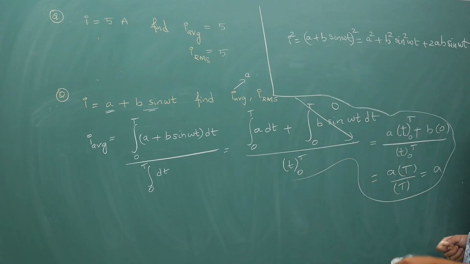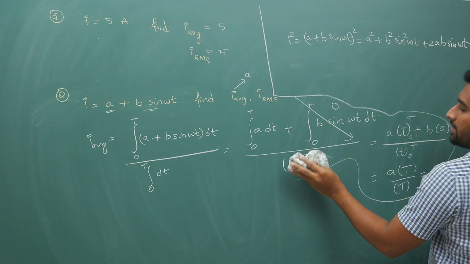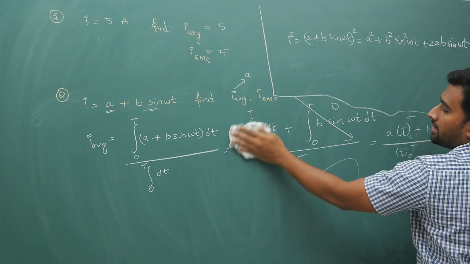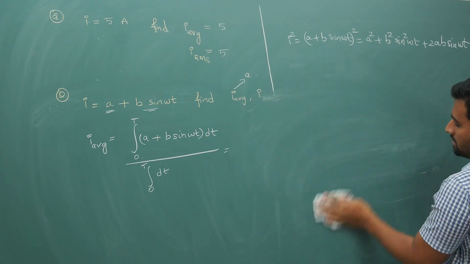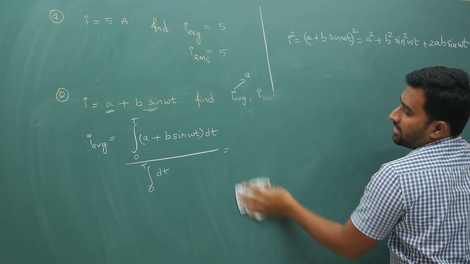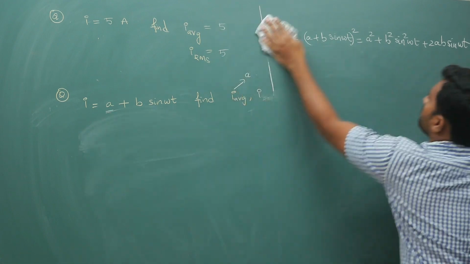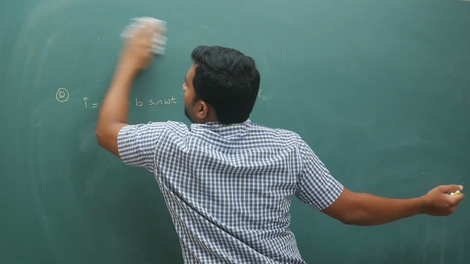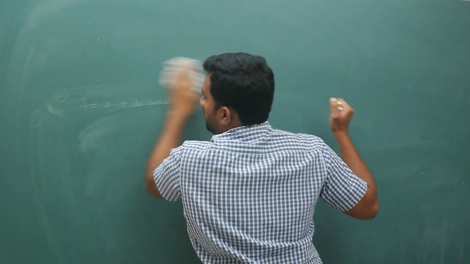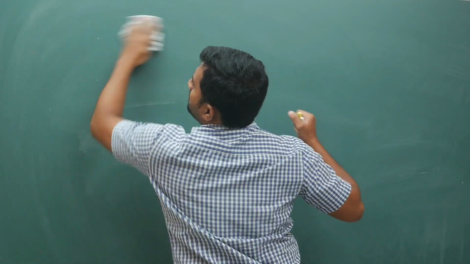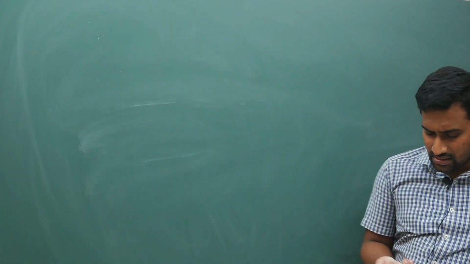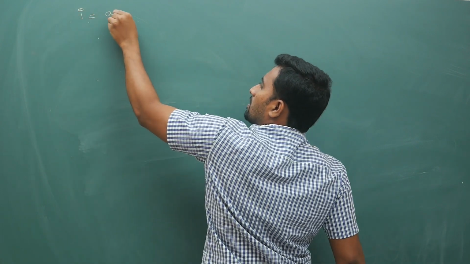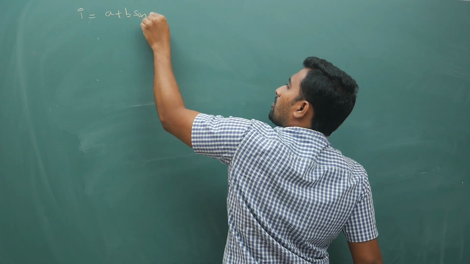It's better I erase this, hope you have understood this. Your answer for the first part is A, I have marked it, I am erasing this for space. Next I am trying to calculate your I RMS value. For the second question, A plus B sin omega t, for the RMS value I just want to give the shortcut here itself. So now you have I equal to A plus B sin omega t.